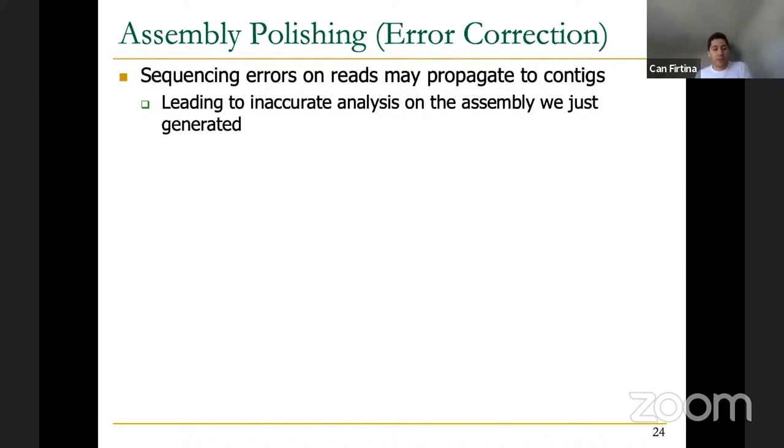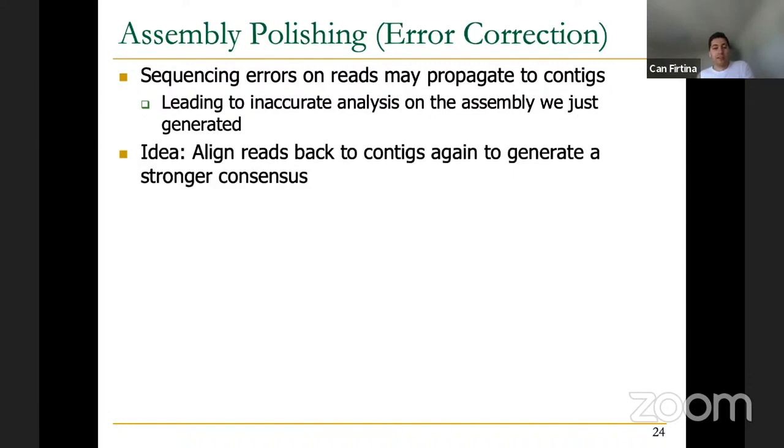What we do is that, as we said, sequencing errors in reads may propagate to the contigs, leading to inaccurate analysis. And what we do in assembly polishing is we align the reads that we used to construct the assembly, that we used to find the overlaps between them. Once we construct the assembly, we can use it as a reference genome. Right now, we have something that we can take a look at as well. And we align the reads back to the contigs again to generate a stronger consensus,